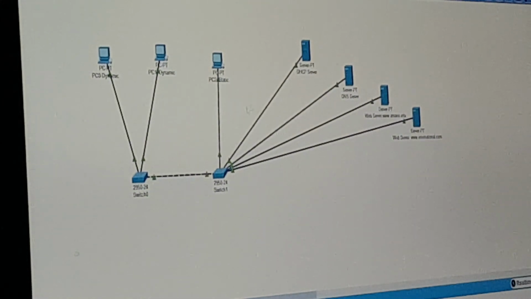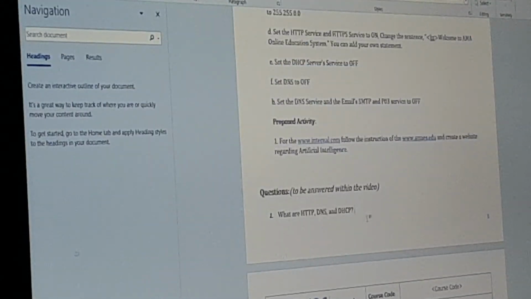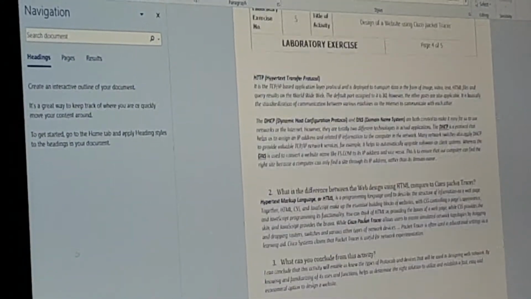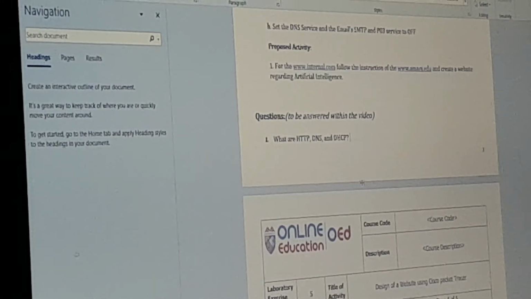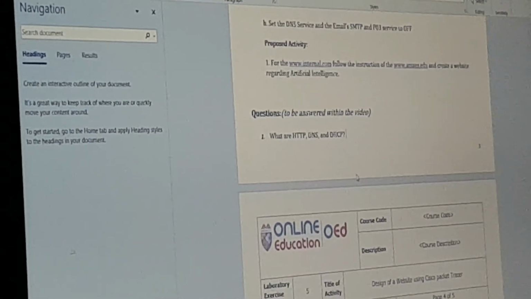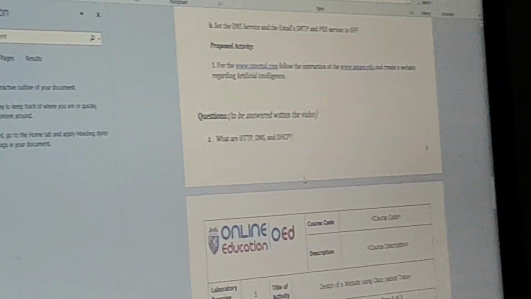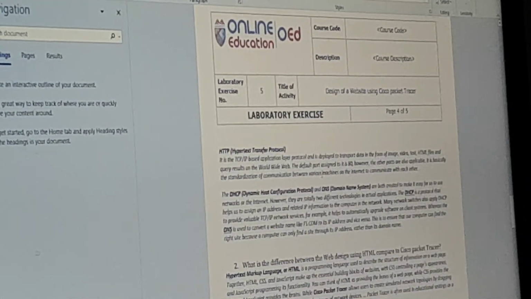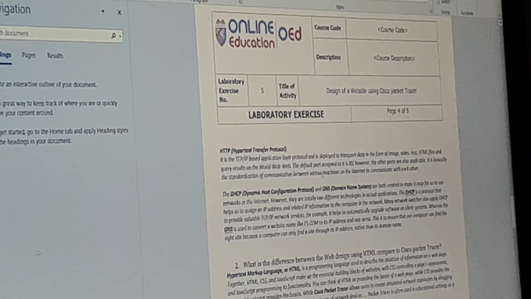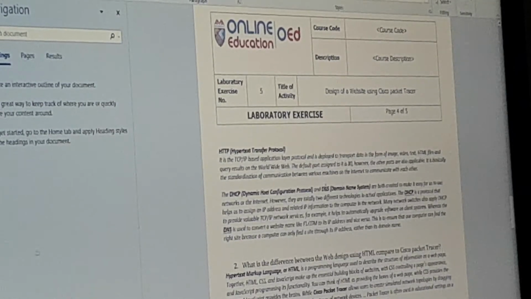The end devices, intermediary devices, and media devices are configured and assigned with IP addresses. So next, I'm going to answer the questions. First question: what are HTTP, DNS, and DHCP? So HTTP, Hypertext Transfer Protocol, is the